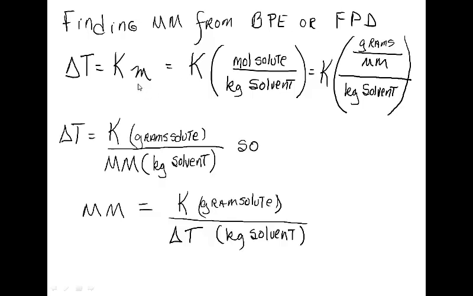Little manipulation. Molality is moles of solute per kilogram solvent, but moles of solute is grams divided by molar mass. So I do a little substituting in, a little algebraic manipulation, and I get change in temperature is K times grams of solute over molar mass times kilogram of solvent. A little more manipulation and you get molar mass will be equal to K, which is a constant, times grams of the solute, they'd probably give you in the problem, over the change in temperature times the kilogram of the solvent. Just a little algebraic manipulation. So what you basically are doing